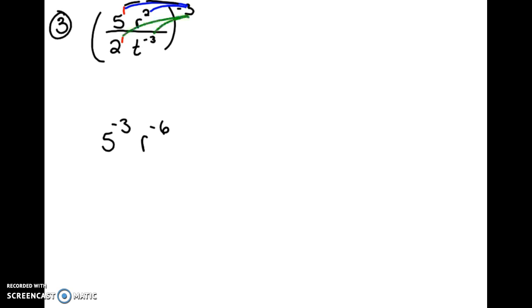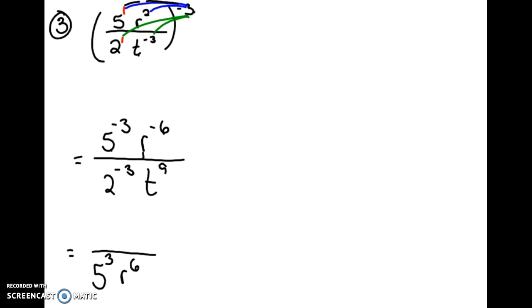Bring the negative 3 power into everything on the bottom. So that will give me 2 to the negative 3. T to the negative 3 times negative 3 is 9. And then what I want to do is get rid of negative exponents. So 5 to the negative 3 needs to pop down and become 5 cubed. R to the negative 6 has to pop down,